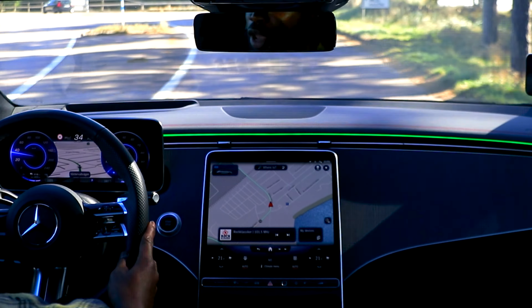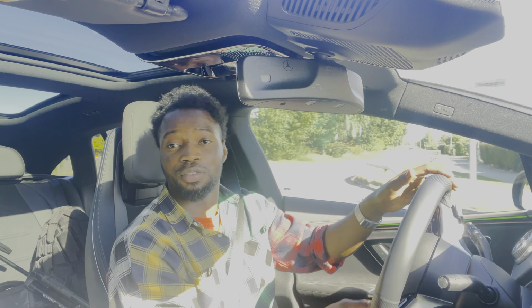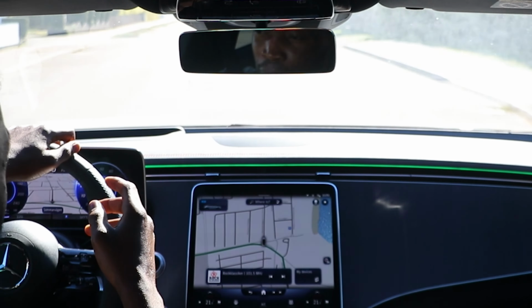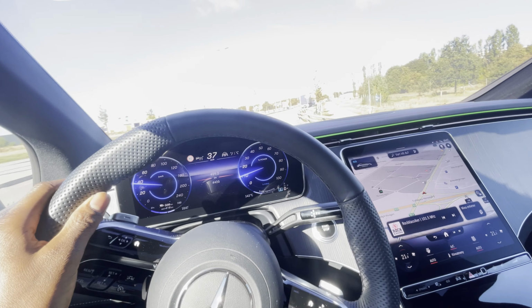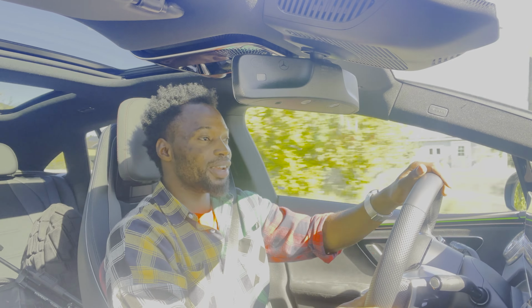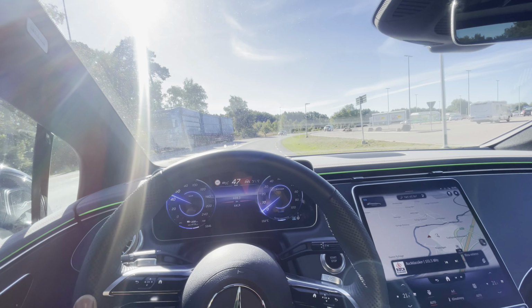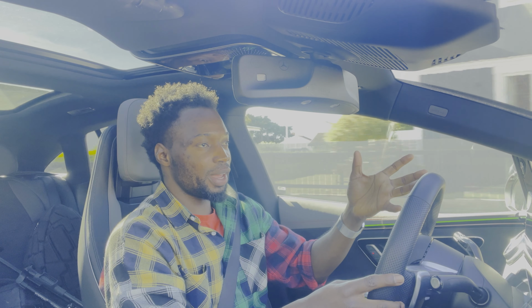So the EQE is really special and interesting because its suspension is really nice and compliant. It's very easy to drive, and driving this car over speed bumps is really nice because of how soft and supple the suspension is. Mercedes are always known for making their cars really comfortable, and this is a very nice, comfortable car from Mercedes-Benz. I've been test driving the EQE for a few days right now, and first of all,